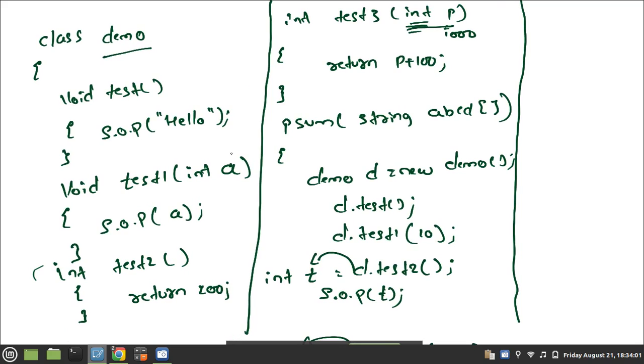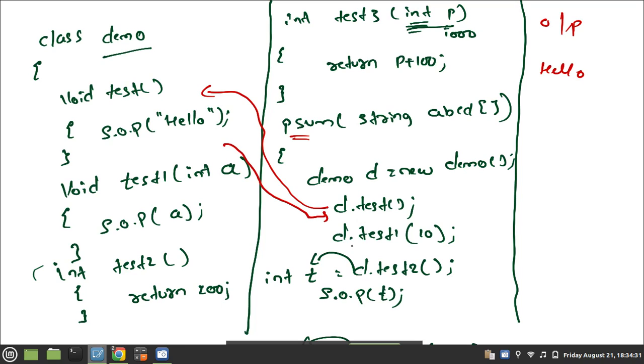So this is our program. Every program starts execution from main. We entered, and we created the object. I am calling the method d.test. d.test means control will go to test, and it will execute this statement. What is the first statement here? SOP hello. So the output will be hello. After it executes, control will come back.